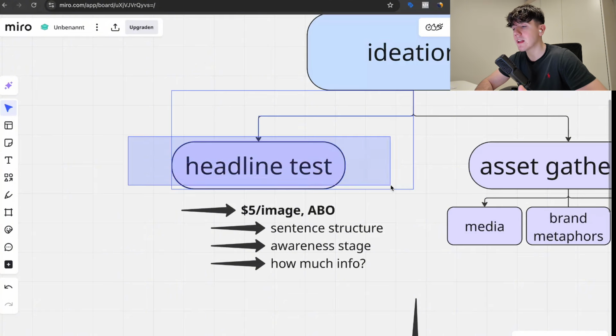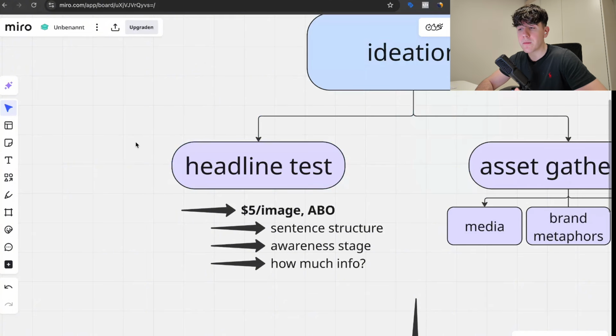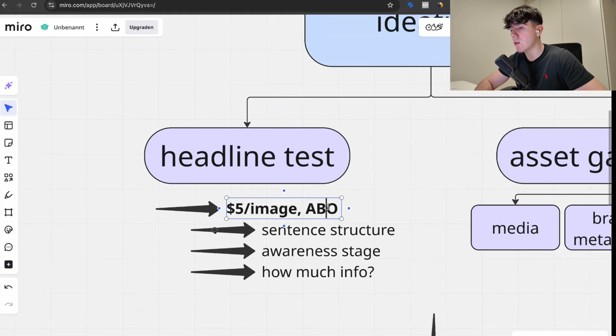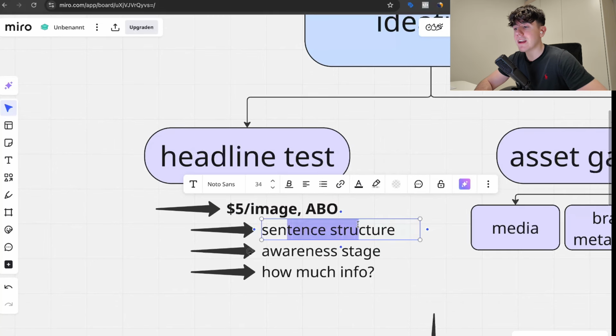And so how this is going to look is you're basically going to isolate the entire process. You're going to make image ads with only text on them, and those texts are going to be different headline ideas for your landing page. Okay, so you're going to launch them at $5 an image in a normal ABO, and then you're just going to make iterations and variations